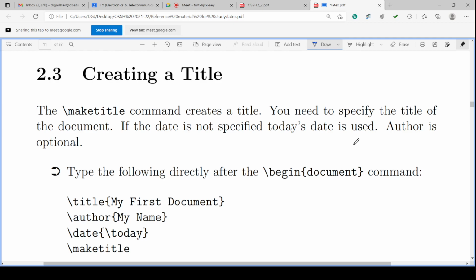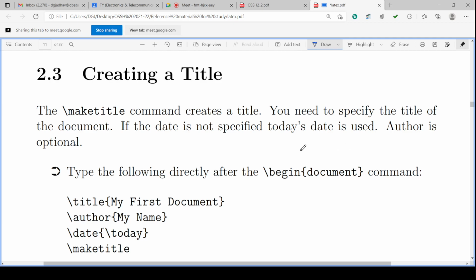So text may be a title, text may be in a particular section, text may be in a subsection, text may be a list, 1 2 3 4 list may be there, bullets may be there, text may be in a table, instead of text there may be some figure, instead of text there may be some equation. Everything can be done with particular commands.